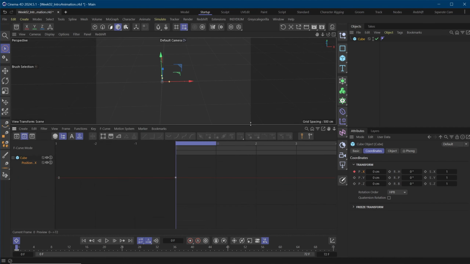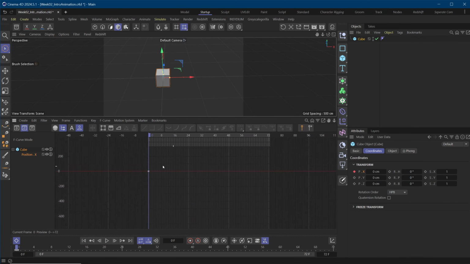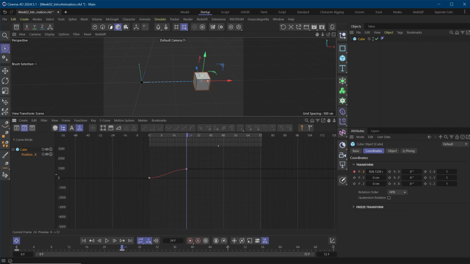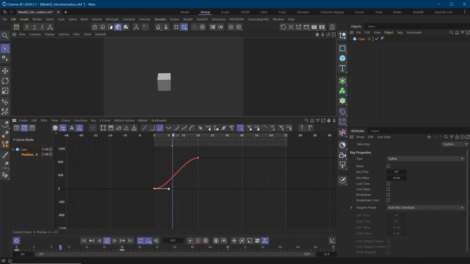And this F curve is really interesting. So I'm navigating this with the right click and then zooming in and out. So let's go to frame 24. You drag this here. Let's click again, and you'll see that we have a curve representation. And let's actually fade that out. So what we can do is